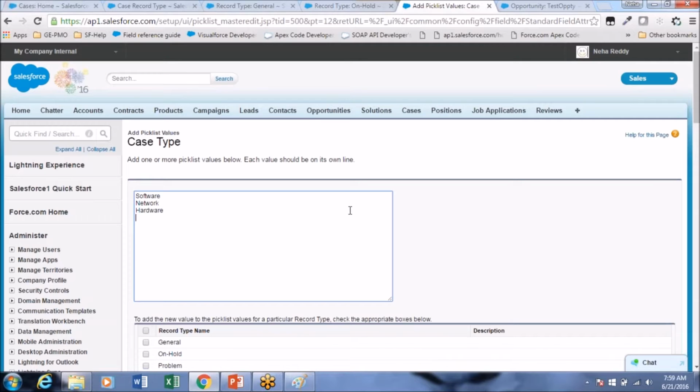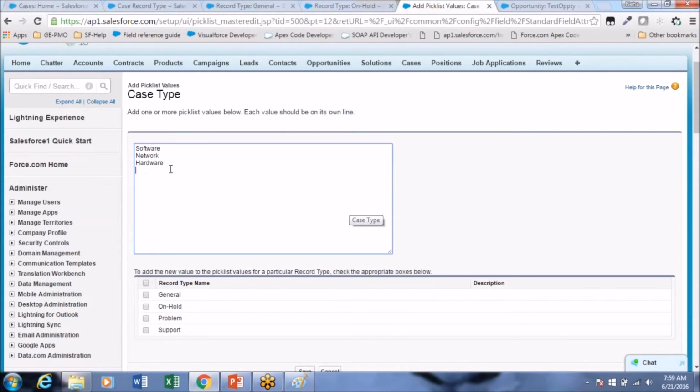Okay, these are the values we can have, and we can make them available for on hold and general.